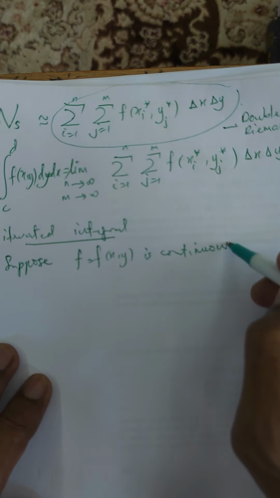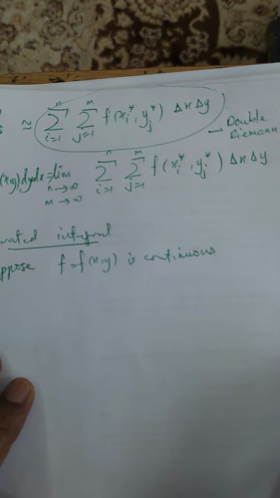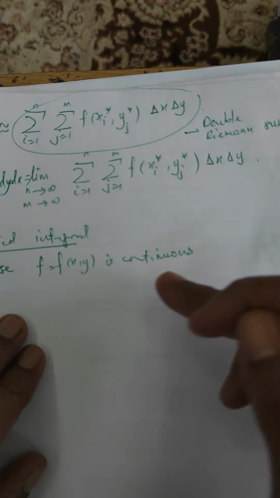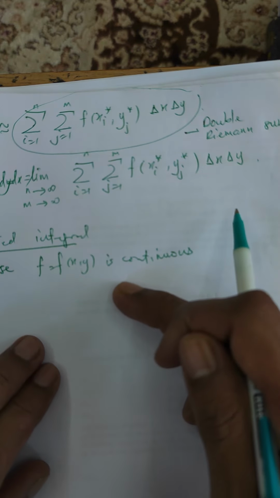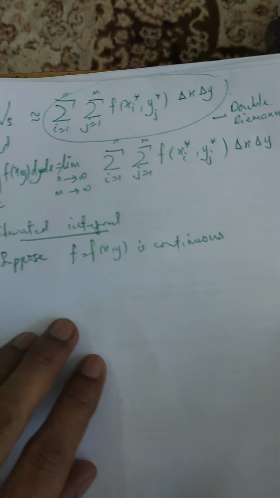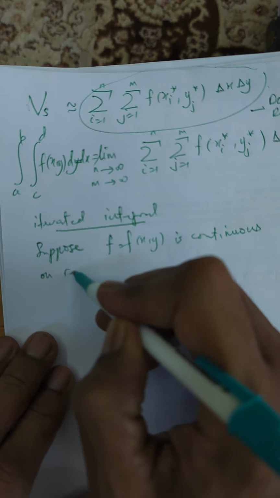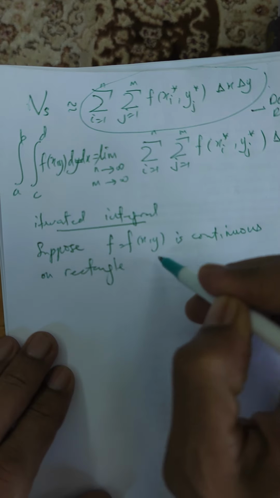You know what continuous means; I think you have learned a lot about continuity of a function and so on. So if a function of two variables is continuous on the rectangle R